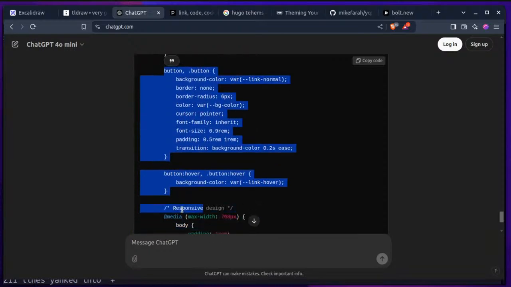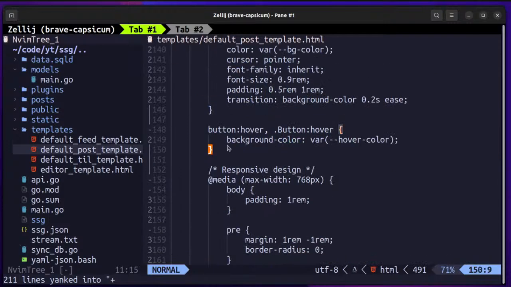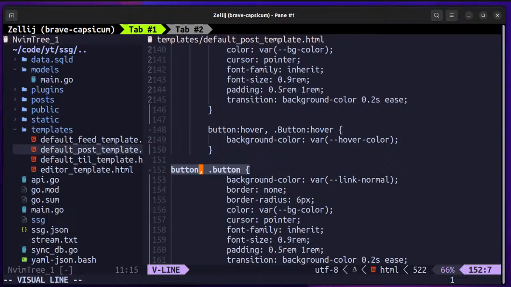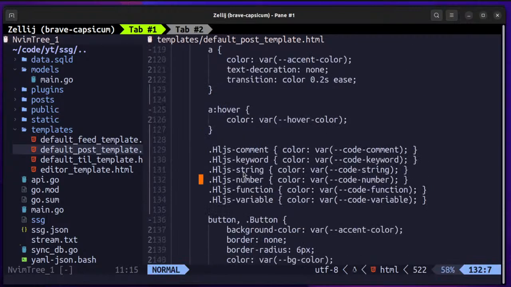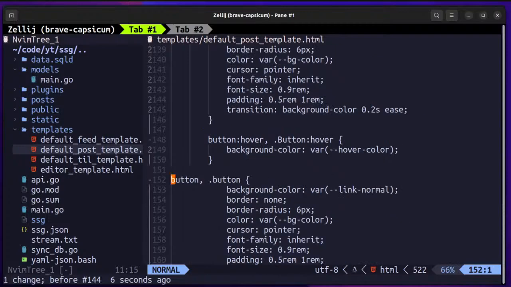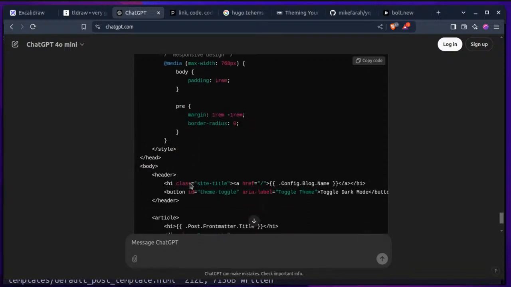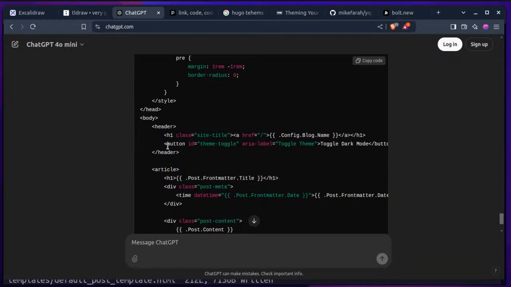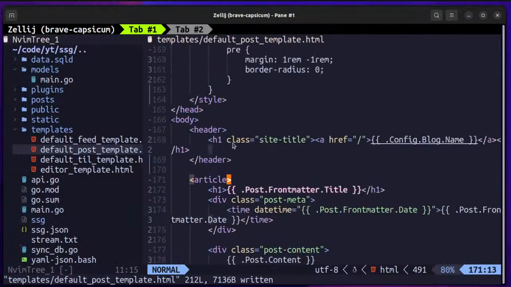Okay, so let's just copy these things and add it here. Oh, it was already there. Never mind. So that is not for the toggle button specifically. So let's add this. So it's added it right here,